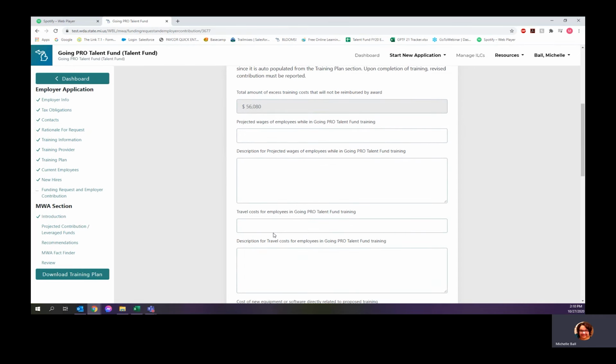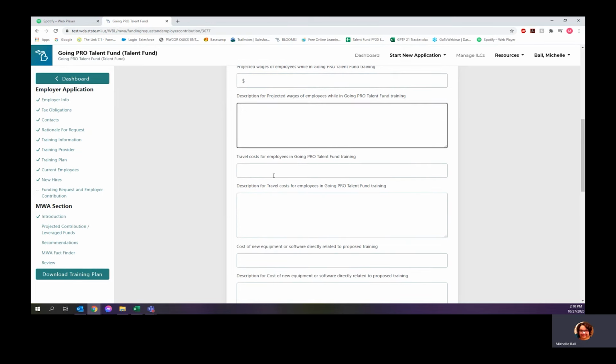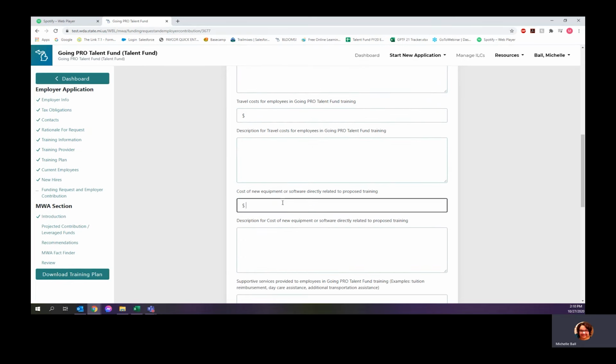You then have some other options to enter in additional leveraged funds, which are your employer contribution funds. We can claim projected wages of employees while in the Going Pro Talent Fund training, and then a description of those wages. Any travel costs for folks that are attending Going Pro Talent Fund training, description of those costs, costs of new equipment. Those equipment costs would need to be amortized. So if you had a $450,000 machine that you purchased that people were going to be trained on, and that